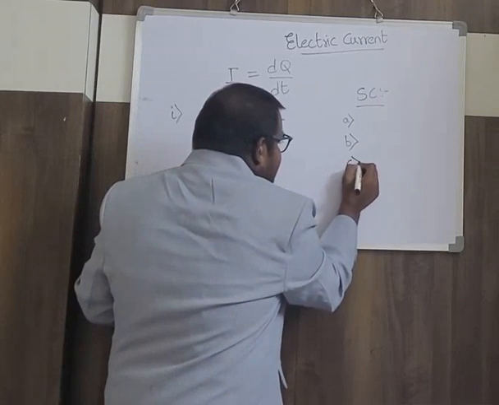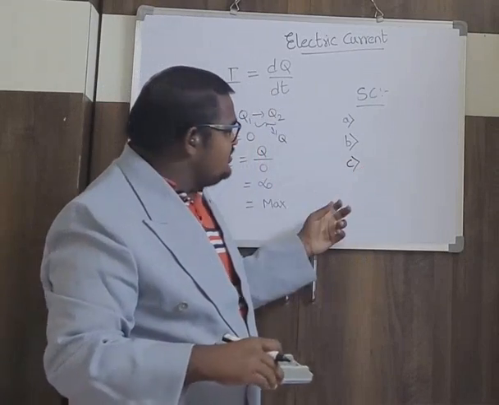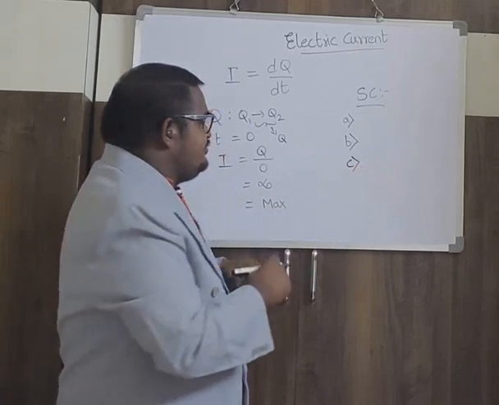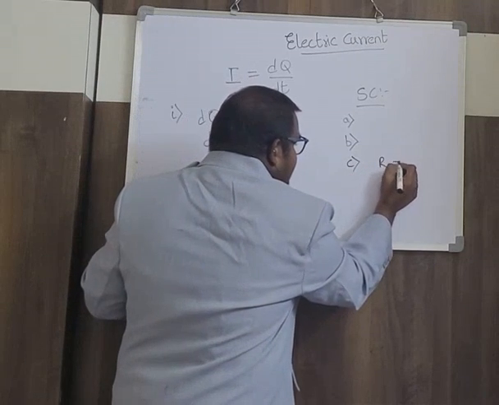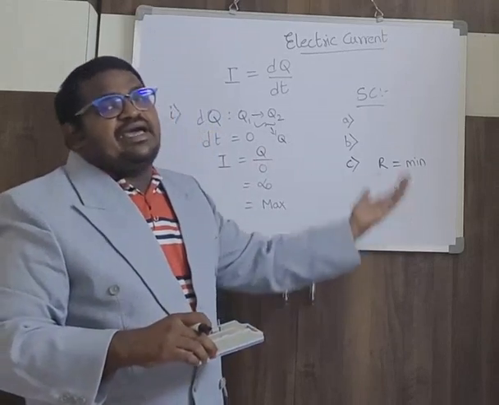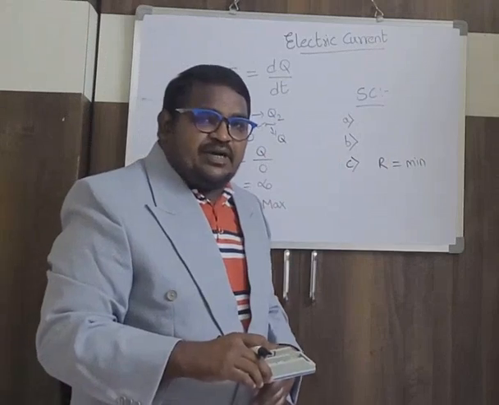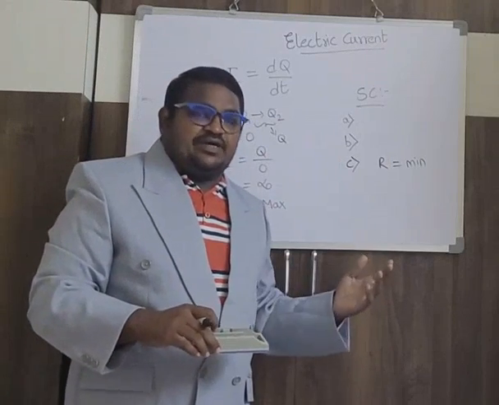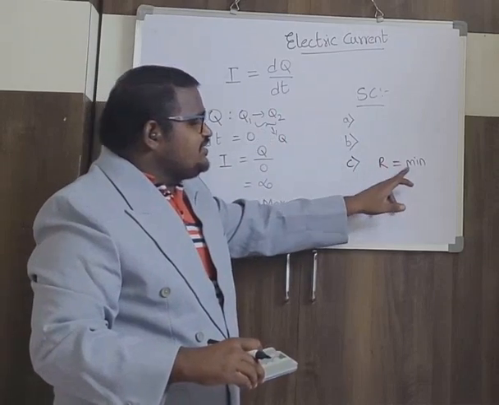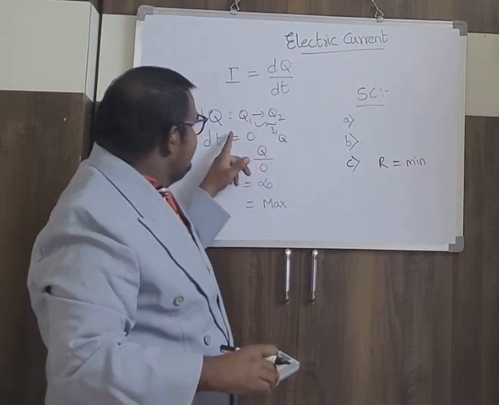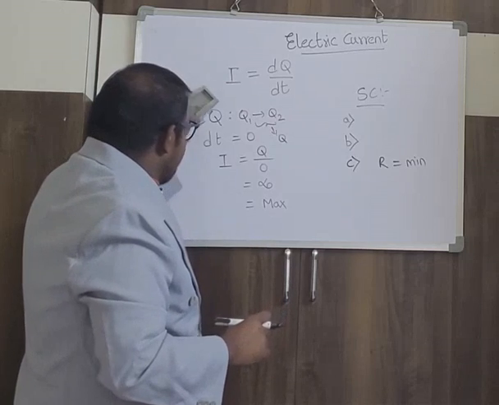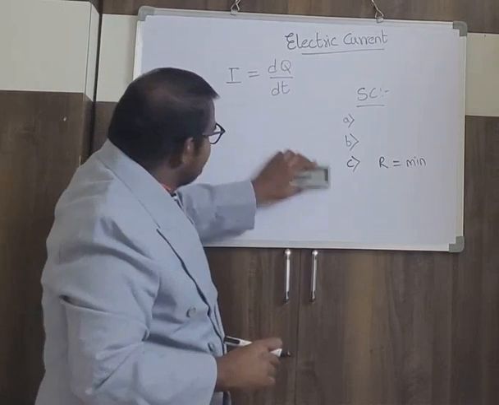And third, in the short circuit, the value of resistance is minimum. Why is resistance minimum? Only if resistance is minimum does that body allow the maximum current. Otherwise, it is not possible. So in order to allow the maximum current, the resistance will be minimum, and the charge has to change suddenly. Okay, this is the first one. And the second one is